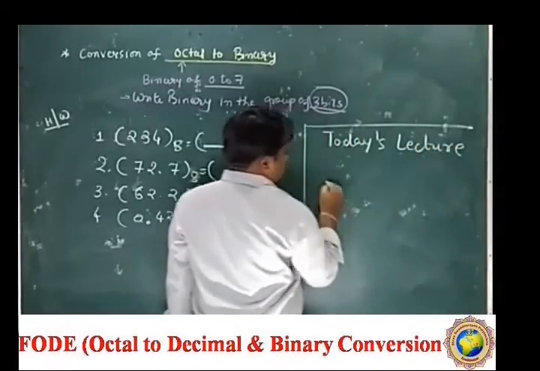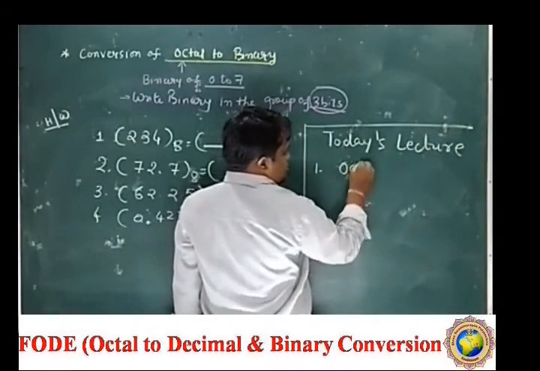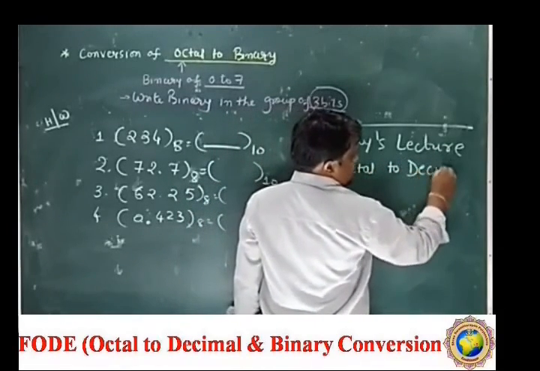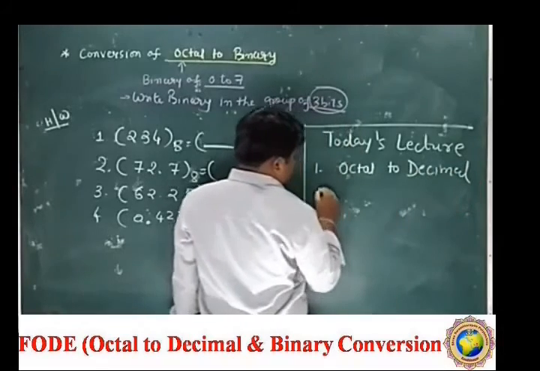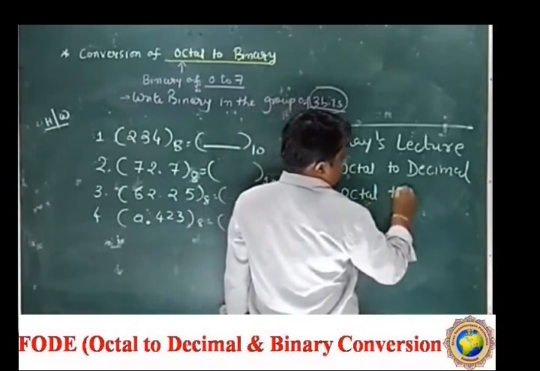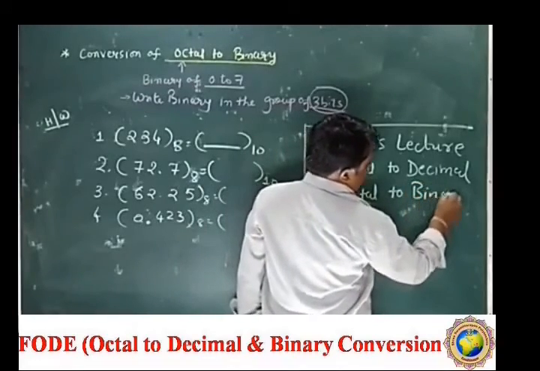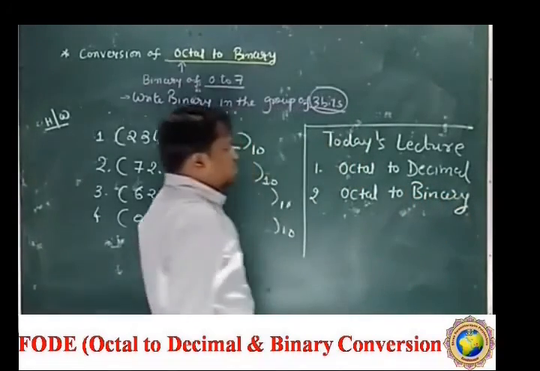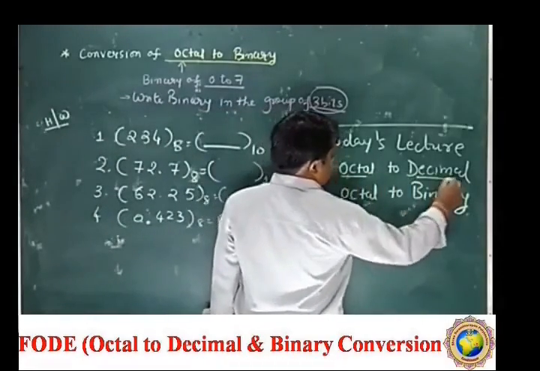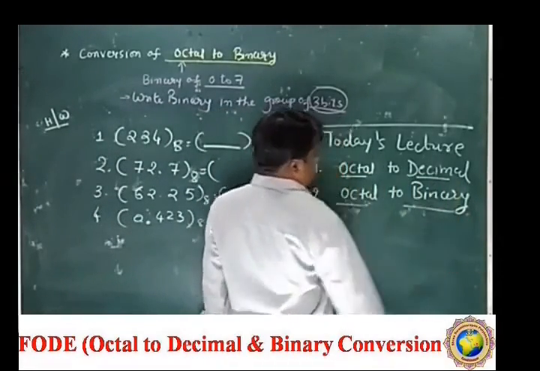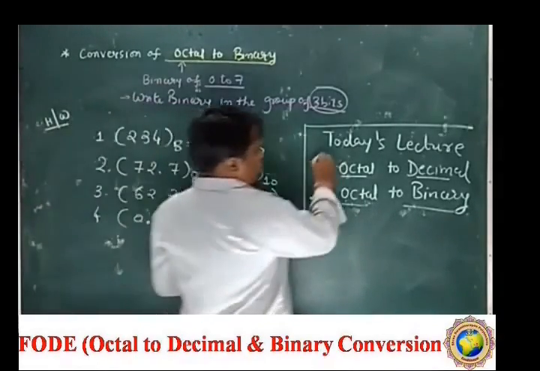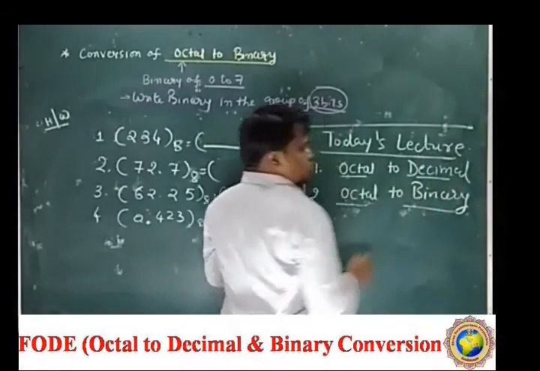you have studied, topic number 1 is octal to decimal, and the second part you have studied is octal to binary. So in the workbook you have to convert the numbers from octal to decimal and octal to binary. The given examples you have to solve. Okay? And solve the workbook by using